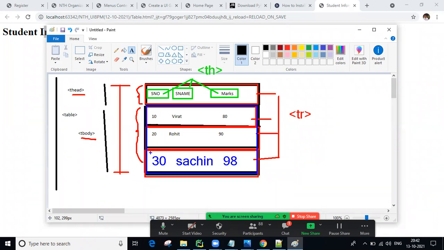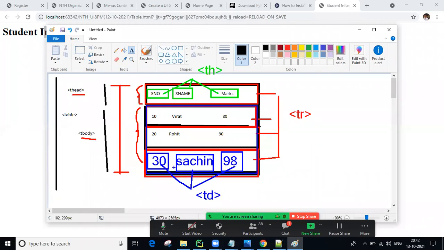Okay, so this data, if you want to represent table data, then we need to use td here, table data, or else table description. Okay, so these tags we are using.